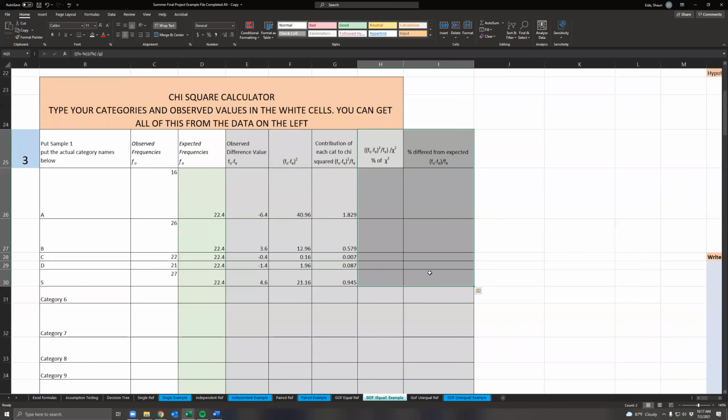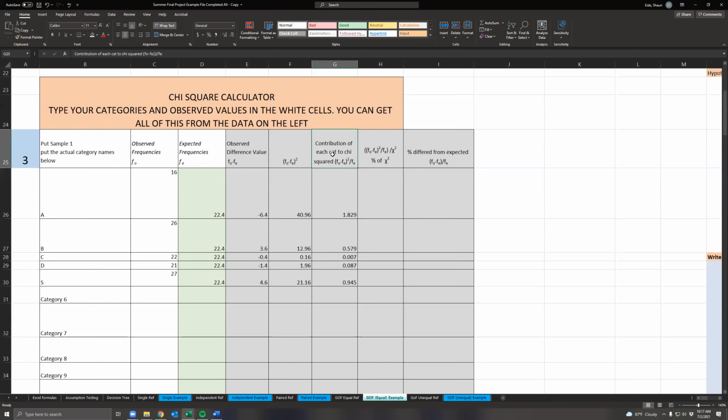However, I'm still going to run these tests. And the reason why I'm going to run these tests is because I want you guys to practice running these tests in the case that you did have a significant result. So the way that we would do this is we do the frequency observed minus frequency expected squared divided by